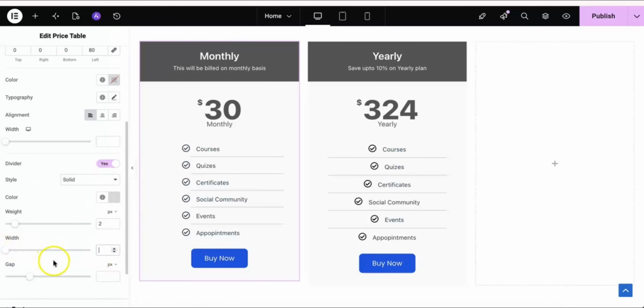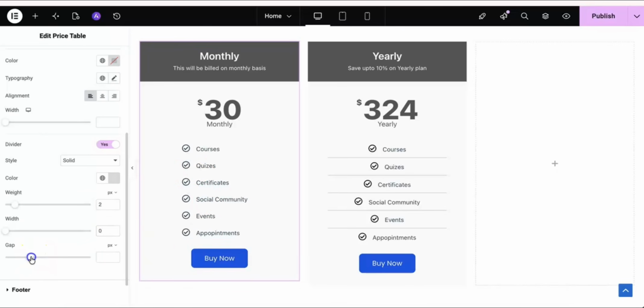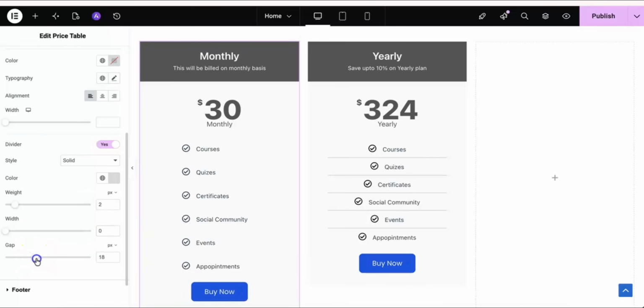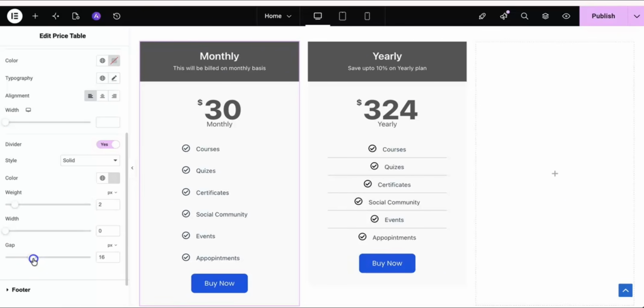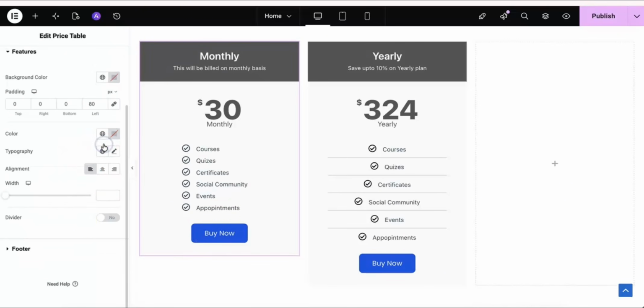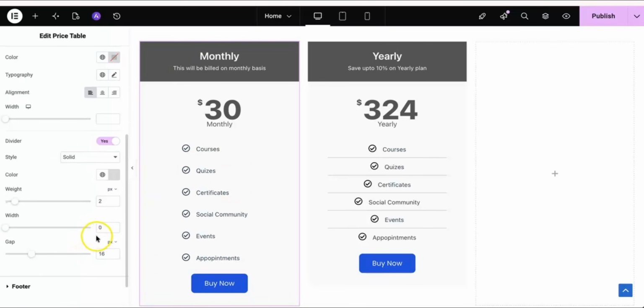We will make the width of this divider 0 now. Yes, and now we can adjust the gap. Okay, so because when we turned off the divider, we don't have the option to adjust the gap between the list, that's why we did this trick: we set the width of this divider to 0, and then we,